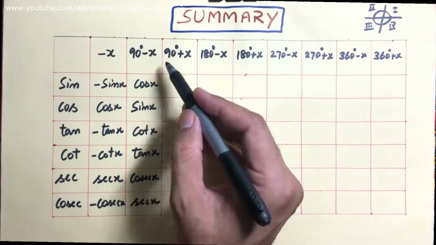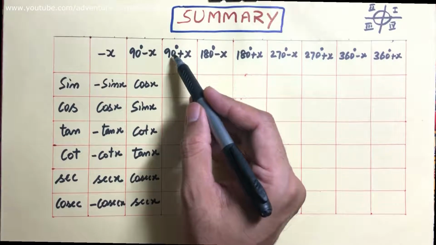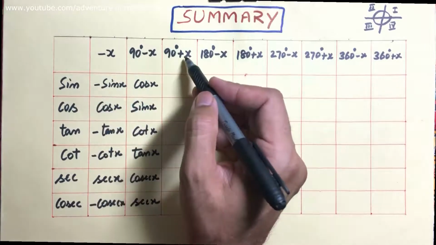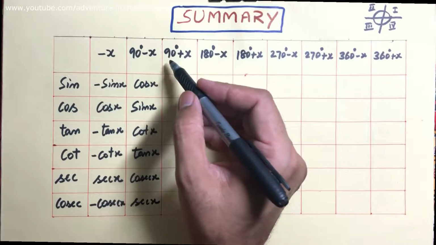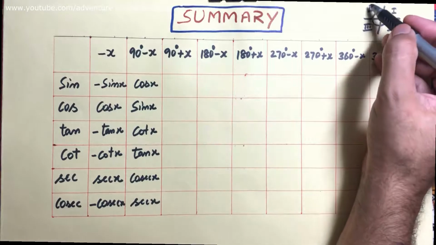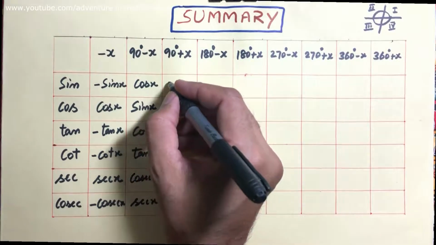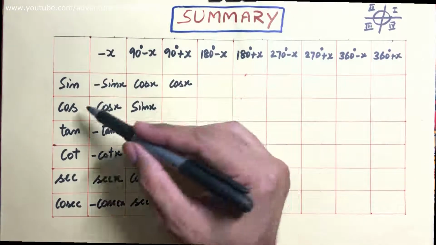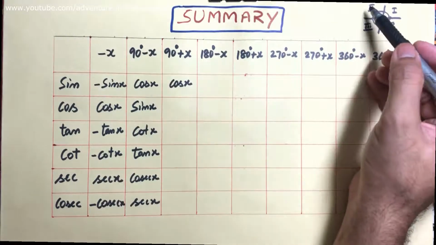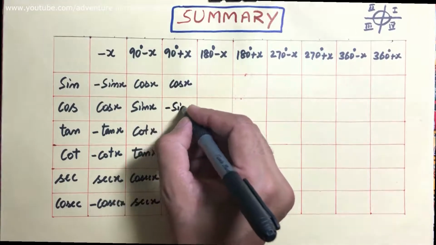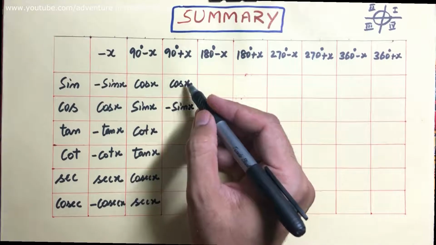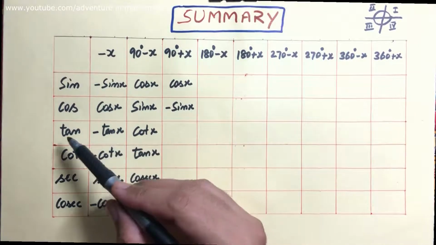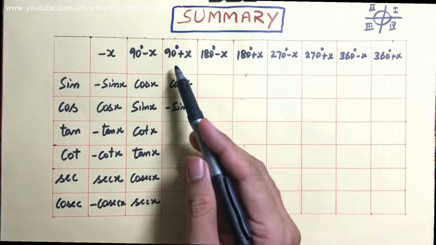Now next, we are in the second quadrant, 90 plus x. So here sine 90 plus x, see we are starting from sine, and sine is positive in second quadrant, so its value is plus cos. And what about cos of 90 plus x? Cos is negative here, so its value is minus sine. Now if we know these two, we can easily write the others. You see how much is tan 90 plus x?